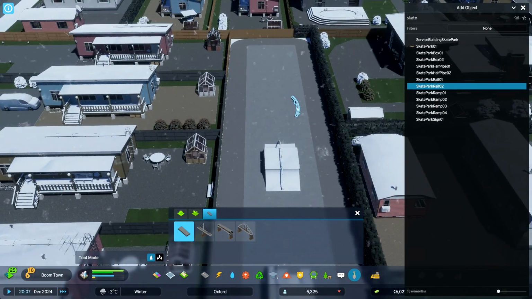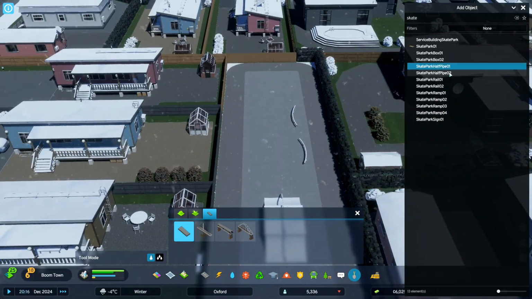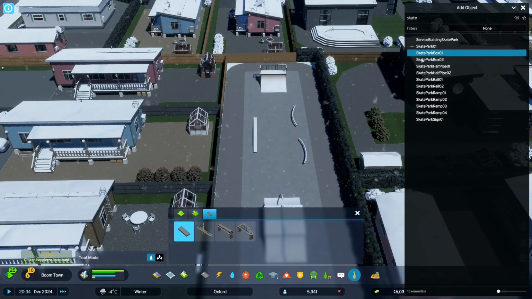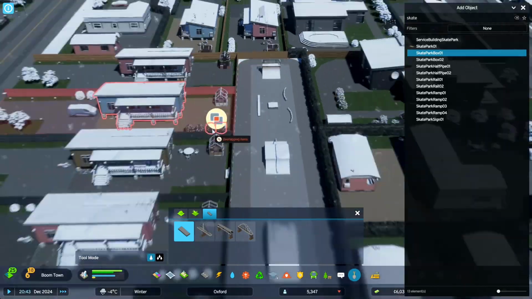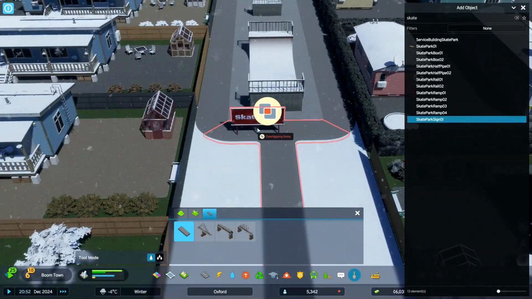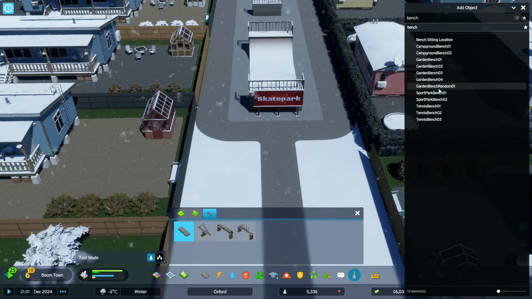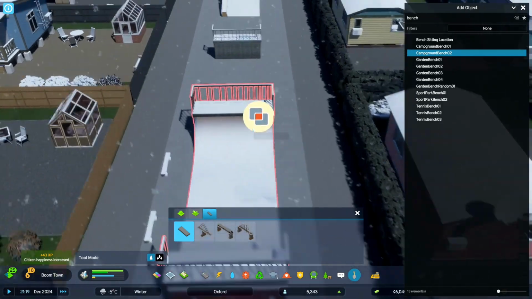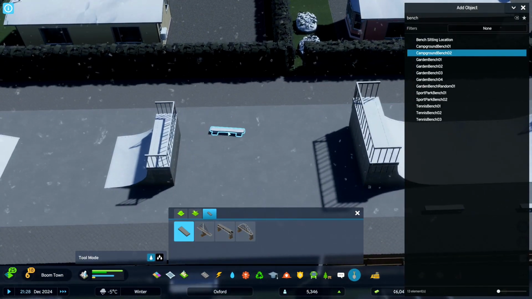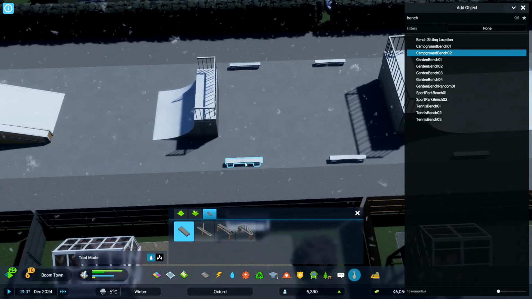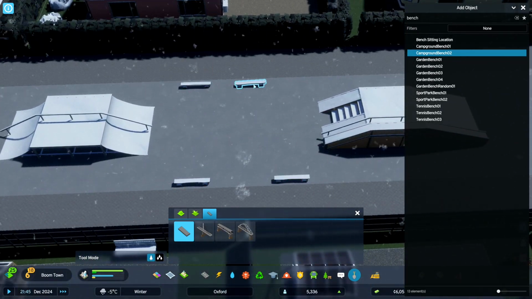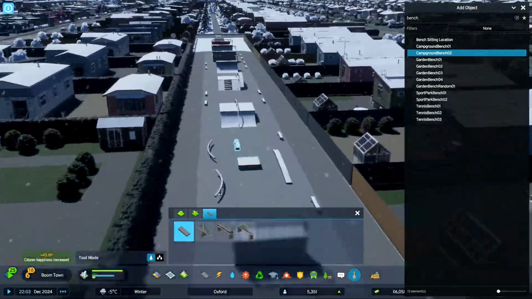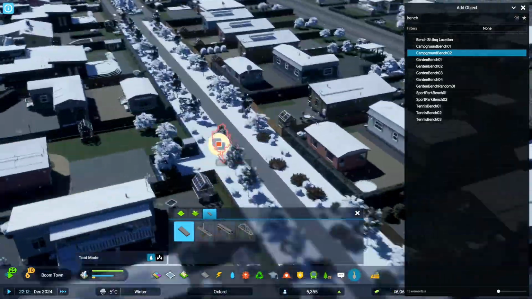There's quite a lot of different skate assets here, so it does allow quite a bit of variety when you're placing them down. Obviously, this kind of advantage of using that developer mode. That skate park that default comes with the game is quite a tight kind of square shape, so wouldn't really fit in the shape that we've got here, but this kind of long, fairly skinny gap we have is perfect for then coming in and doing some more customizable assets. So we'll just place some benches down. And that's kind of it.